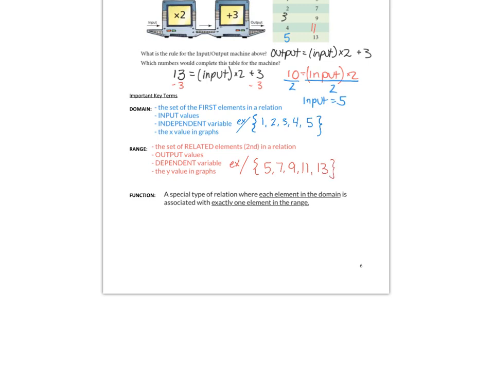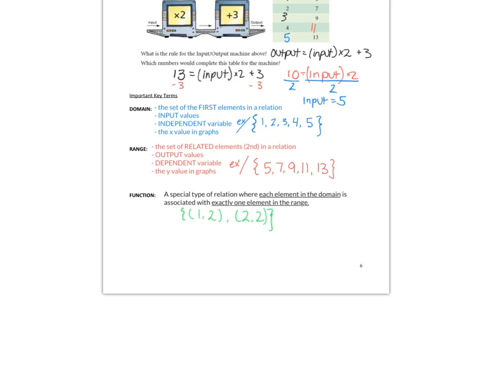So a function is a special type of relation where each element in the domain is associated with only one element in the range. So for instance, something that would work is like 1 and 2, and then 2 and 2. So our elements within the domain, 1 and 2,